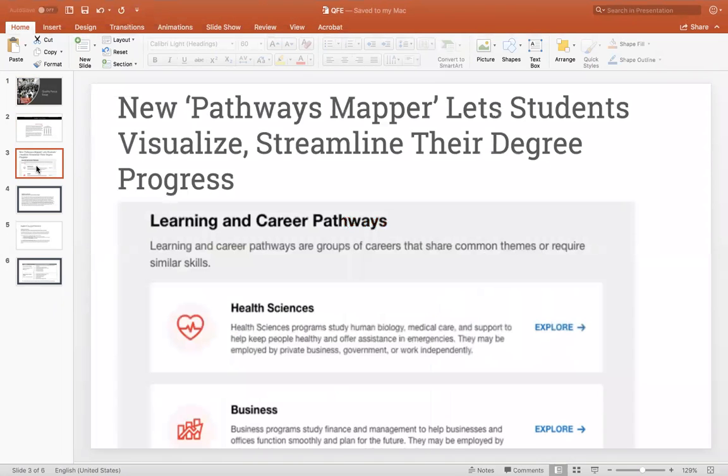The Program Mapper lets students visualize and streamline their degree process from the very beginning. They pick which career pathway they're interested in and which areas they would like to focus their academic goals in. So let's say they choose health sciences or business. What that will do is actually plot the pathway as far as academic classes they need to do, and shows the career pathway all the way to what type of jobs they can get with the degree that